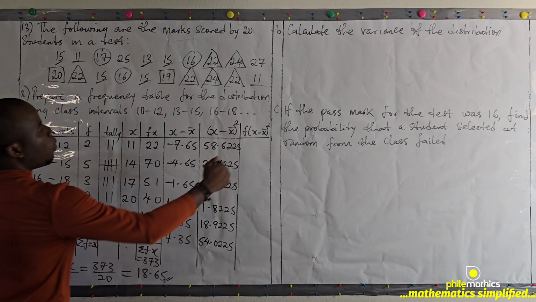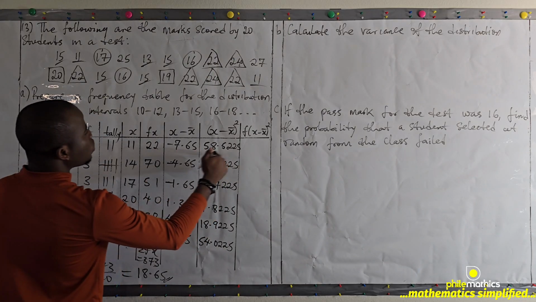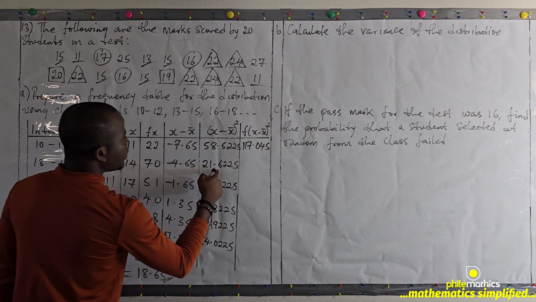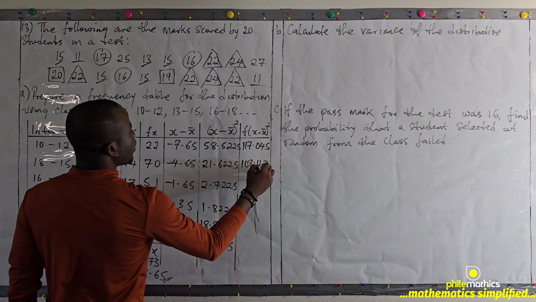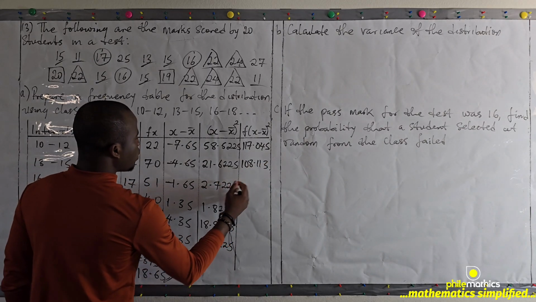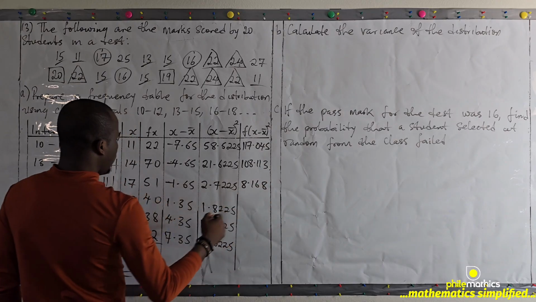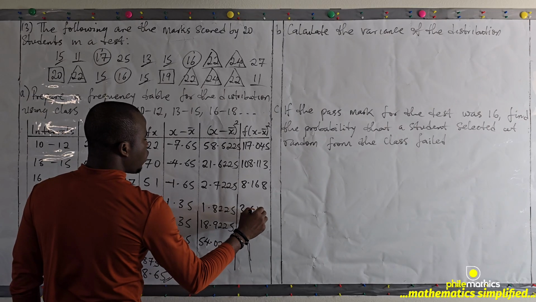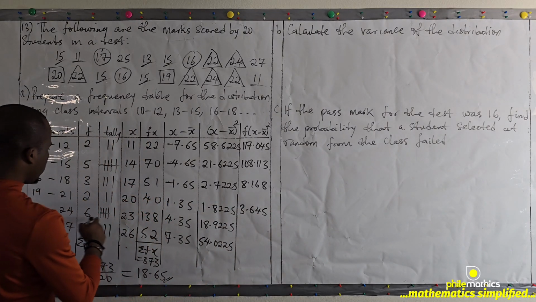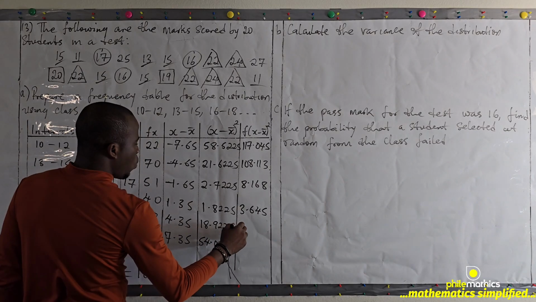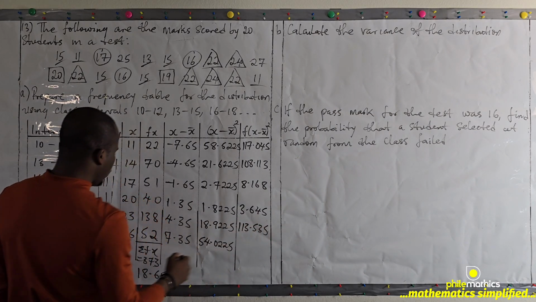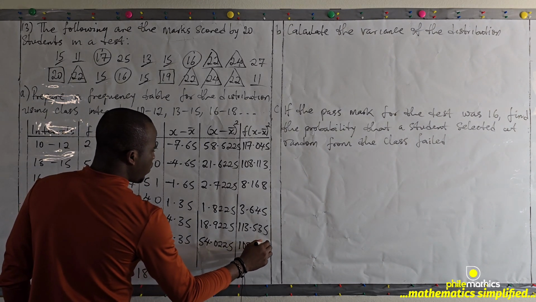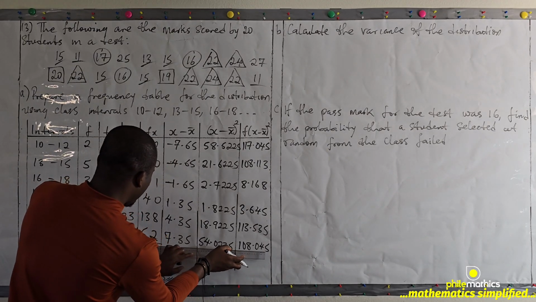If we square this, we will get 54.0225. And then if we multiply it by the frequency, 2 times this, we will get 117.045. 5 times this, we will get 108.113. 3 times this, we will get 8.168. 2 times this, we will get 3.645. 6 times this, we will get 113.535. 2 times this, we will get 108.045. And so if we add this all together,